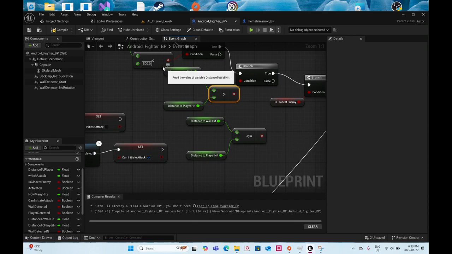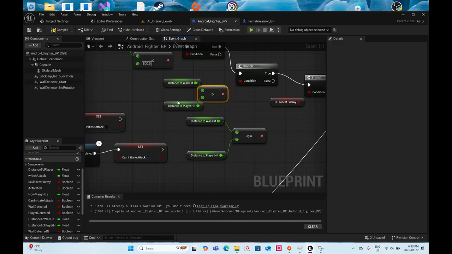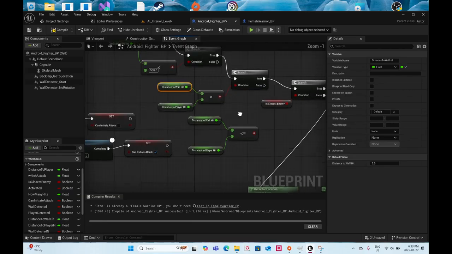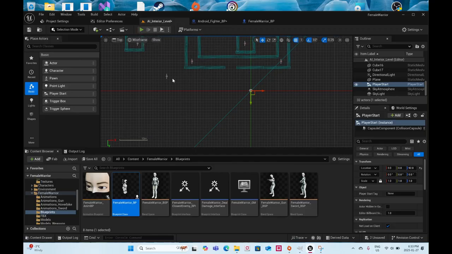If the wall is further away than the player, then that means the player is in the same space as the enemy, so the enemy can attack. So if I play now,